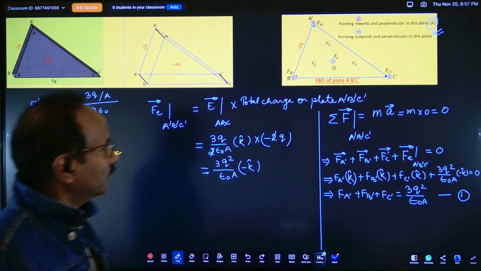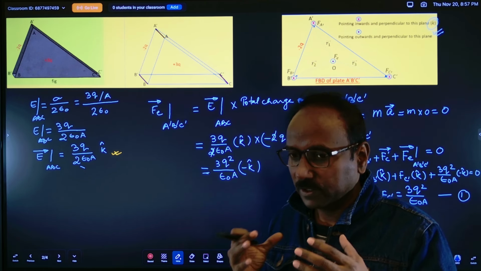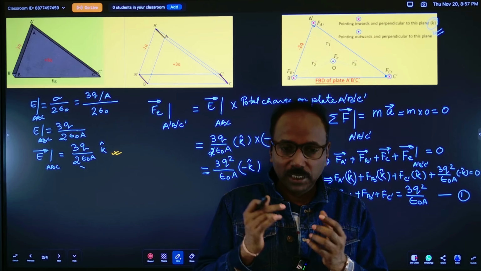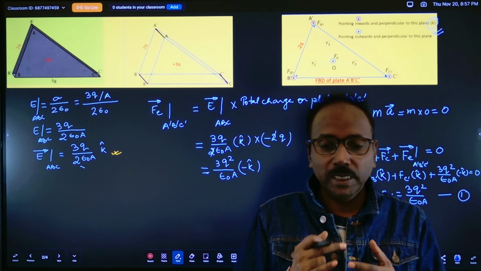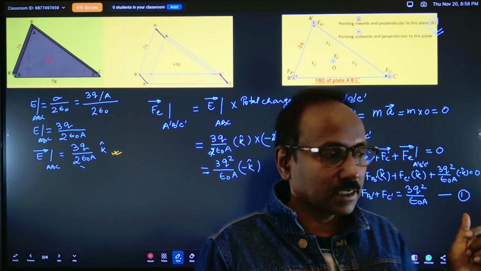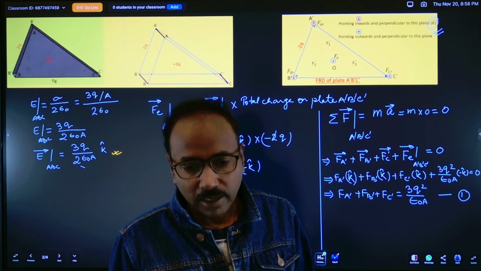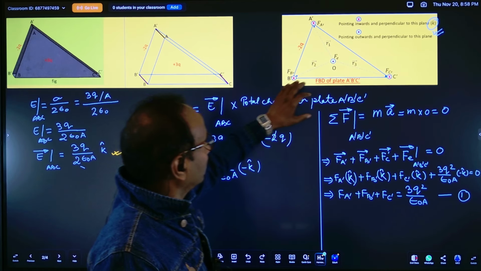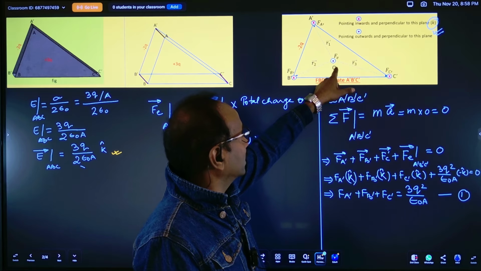अब जो नेट फोर्स है किसी भी ऑब्जेक्ट पे, जब कोई ऑब्जेक्ट है, उसका सेंटर ऑफ मास जहाँ पे होता है उस पर बहुत सारे फोर्सेस काम कर रहे हैं, तो जो नेट फोर्स होता है, जो टोटल जब आप करते हैं वेक्टर से, तो दैट इज assumed to be acting through the center of mass of that object। तो यहाँ पे A प्राइम B प्राइम C प्राइम का सेंटर ऑफ मास क्या होगा, उसका सेंट्रॉयड होगा। तो हमारा जो F_E इलेक्ट्रोस्टैटिक फोर्स लग रहा है, वो सेंट्रॉयड पे लग रहा है, इसलिए हमने यहाँ पे सेंट्रॉयड को O से रिप्रेजेंट किया है।